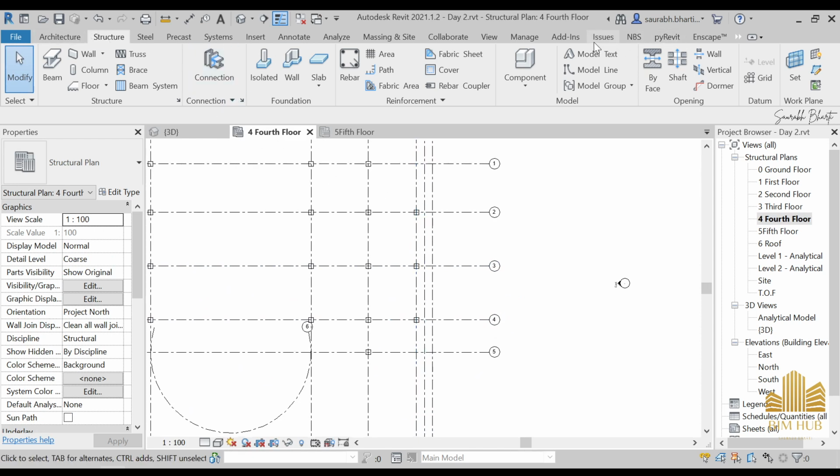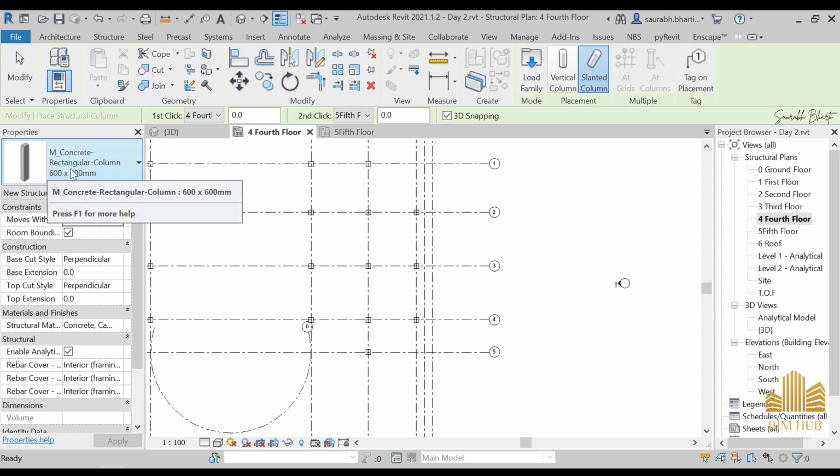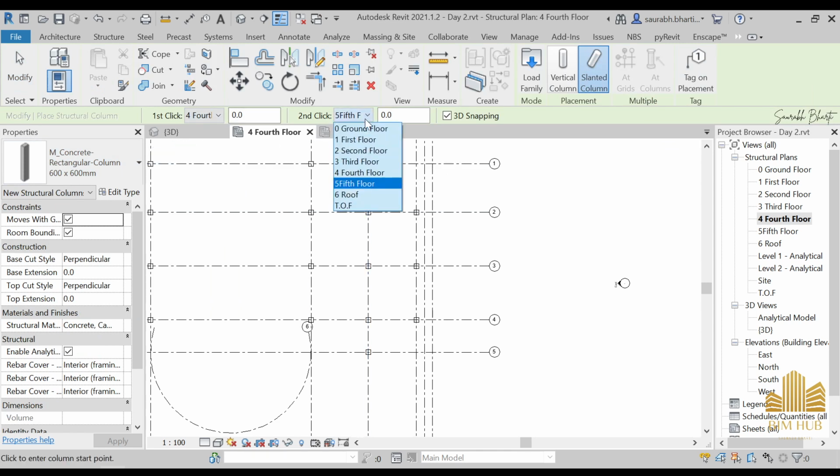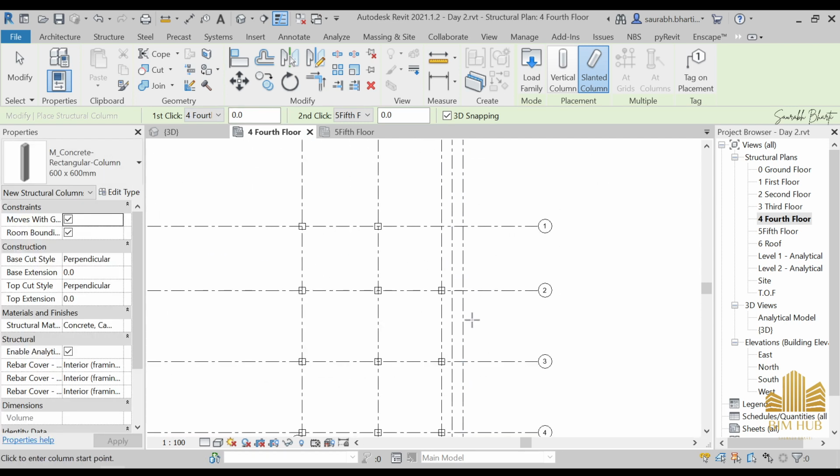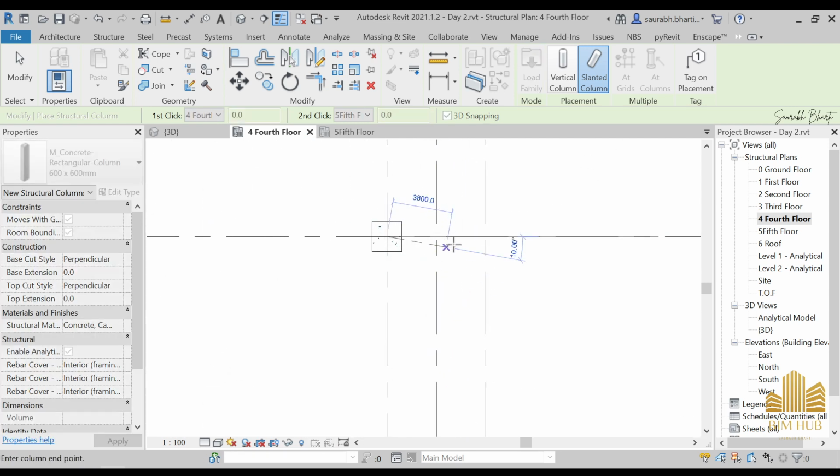Now again let's go to the column, and remember we have to select this size, that is the 600 by 600 slanted column option. Here there are a few changes to be made: at the second, you have to select the fifth floor, and here you have to select the fourth floor. As you can see, this is the default right now, and let's try to make the column once again from here